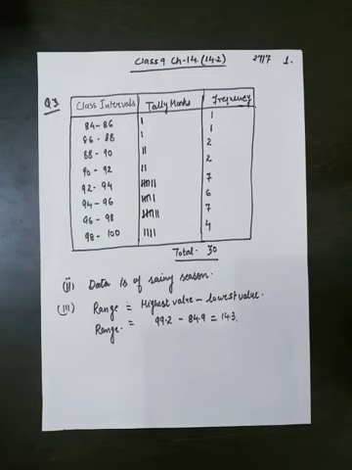Here the minimum value is, think of the minimum value given in the table, 150. I think 150 is the minimum value. So we can start from 150. 150 से हम intervals को start करेंगे and 5 के gap पर.